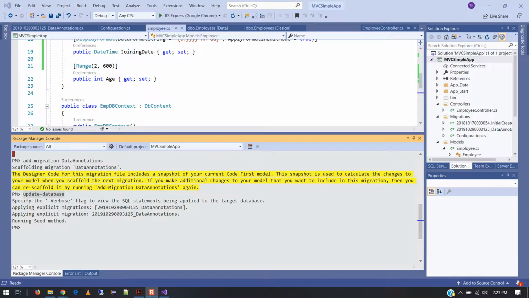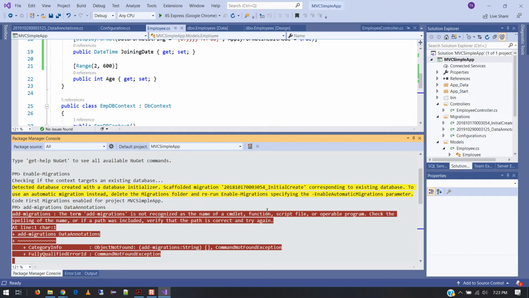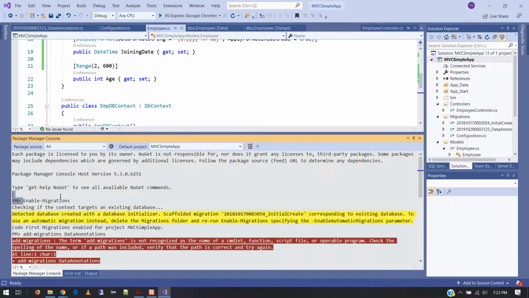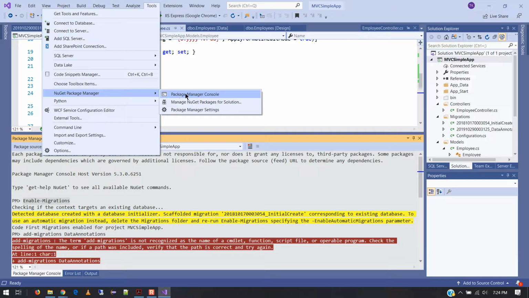All right, we struggle a little bit here in class to get everybody working, but we did. And here's one little useful tip that one of our students pointed out. I didn't have to make this step, but one of our other students did. You see right now I'm going to the Tools menu and Manage NuGet Packages for Solution. So if you're continuously trying to run this very first command, enable migrations, and then you get red error messages each time, we determined that one possible fix might be to come up here to the Package Manager,